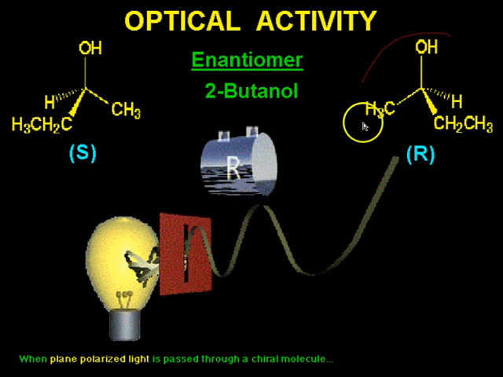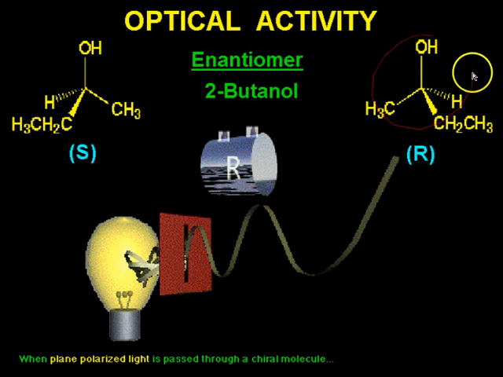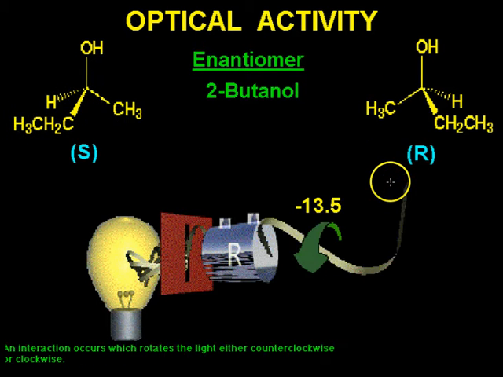Now let's take a specific constant, let's say take a 0.1 mole concentration of R, okay, exactly 0.1 concentration of R in a solvent or something, or since it is a liquid, I guess it's an alcohol, we can just dilute it with water or something like that, and then you put it in an instrument, okay, and you put it into the path of the light. Now let's see what happens, right? So we said that this molecule actually interacts with the light, so it's the R molecule, and see, the plane of the light is vibrating in this direction, and when you put it into the path of the light